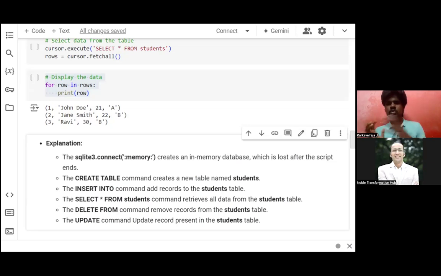Insert into is used to add records to the table which is created, like here it is students. Select star from students is used in order to retrieve all the data, because star is there, right? It is used to retrieve all the data from the students table. Whereas delete from the table is used to remove the records from the table. Finally, today we have seen the update command, which is used to update the records which are present in the